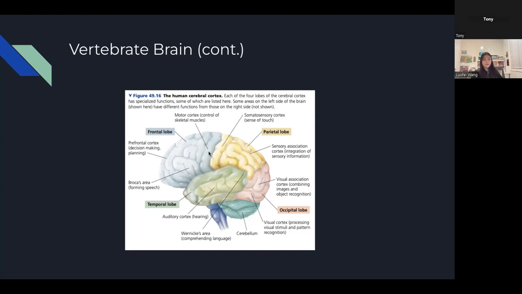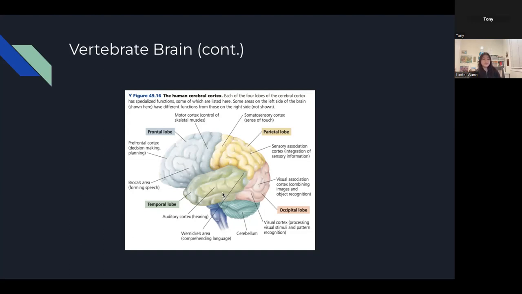The four lobes of the cerebrum are the frontal lobe, temporal lobe, parietal, and occipital lobes. The frontal lobe, which is the big blue thing here, is responsible for decision making, planning, and complex thinking. It also has Broca's area, which is responsible for forming speech. The temporal lobe, which is at your temples, is responsible for hearing because it's really close to the ears, and it contains Wernicke's area, which is important for